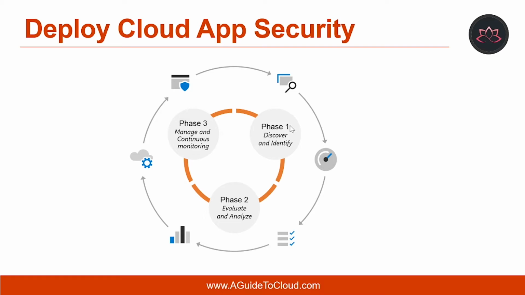So what are the prerequisites? First, your organization must have the license to use Cloud App Security. After you have a license for Cloud App Security, you will receive an email with activation information and a link to the Cloud App Security portal. And to set up Cloud App Security, you must be a global administrator or security administrator in Azure Active Directory or Office 365.